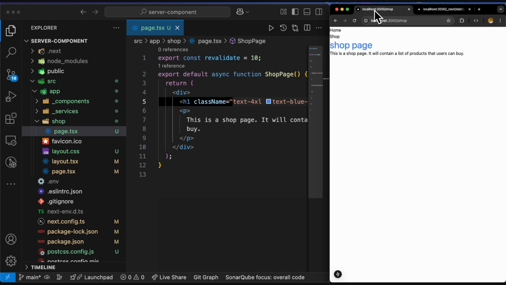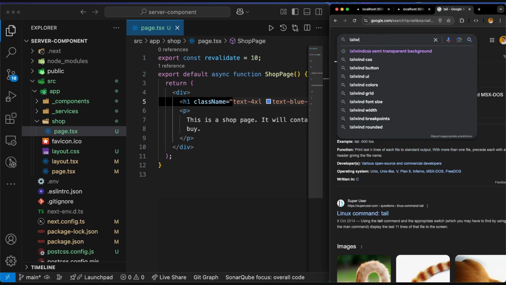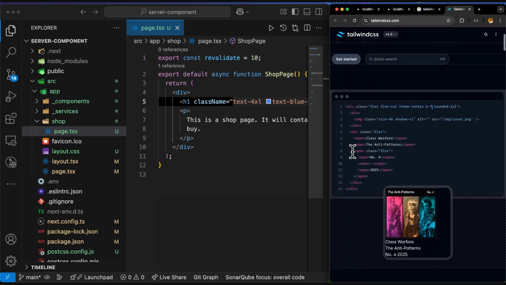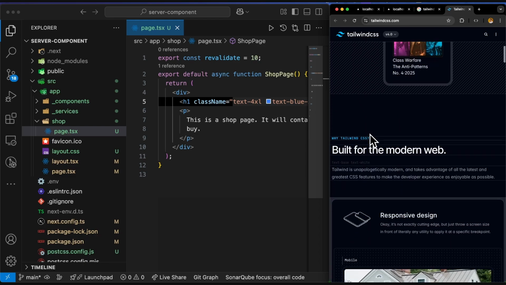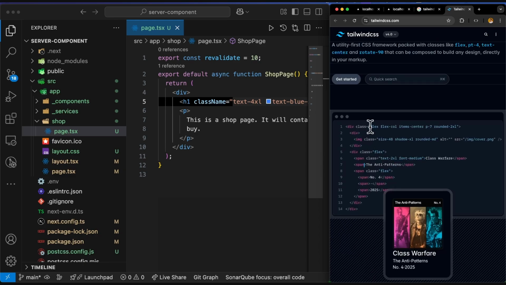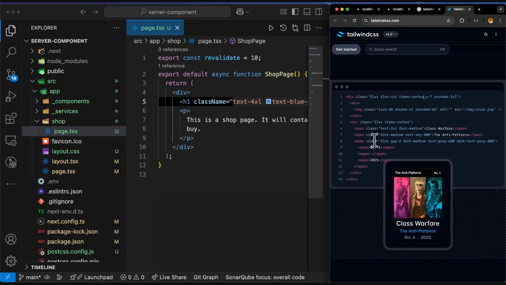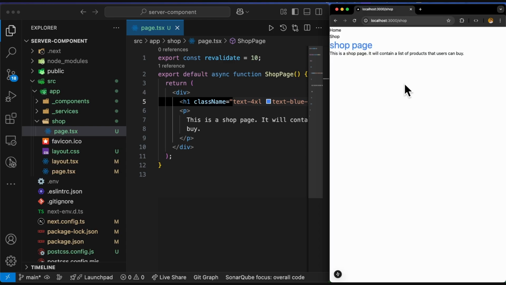And if you want to learn more about Tailwind, of course, you can take a look into the Tailwind CSS site itself, and read all the documentation, what kind of classes it has, how to use it. It has almost everything that you need to design whatever you want. But I don't want to go into it because it's out of the scope of this course. But yeah, that's it for styling in